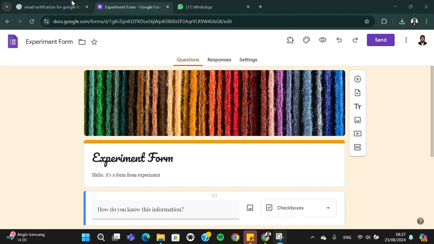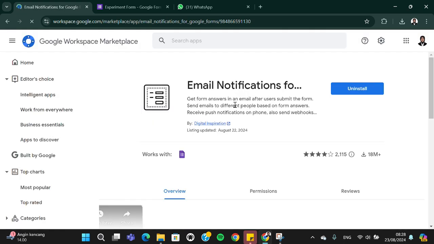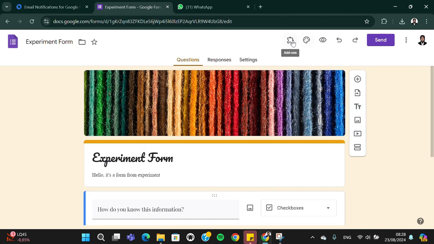You can search for the email notifications for Google Form and you have to go to this website. And after that, you're going to install an email notification. You just need to click on install. And since I have installed this email notification, so here is the uninstall button. And after we have installed the email notification, we can go back to our Google Form and then the symbol